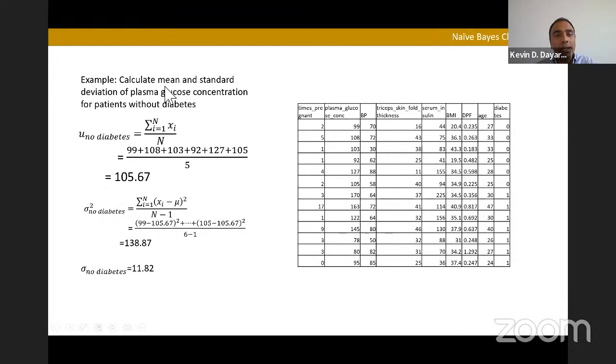For example, what is the mean and standard deviation of plasma glucose concentration for patients without diabetes? You can go through here and calculate the mean for these variables, because these are the people who didn't have diabetes, 99, 108, all the way to 105, and the standard deviation. And well, here I've computed the variance, and the square root is a standard deviation. You can compute these,